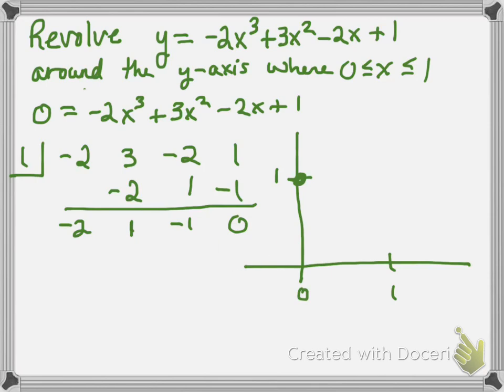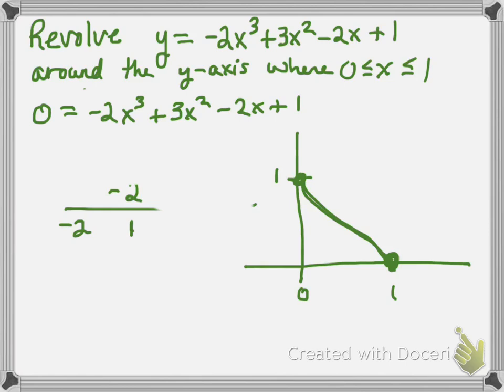I did get a 0. And so what does that tell me? The fact that I got a 0 here means that this is in fact an x-intercept. So I do have an x-intercept here. So I don't really know what this thing looks like, but it's some curve in between there, whatever that curve may be. So I'm just making some sort of a curve between those 2 points that I know the graph goes through. And so now I'm going to revolve that around the